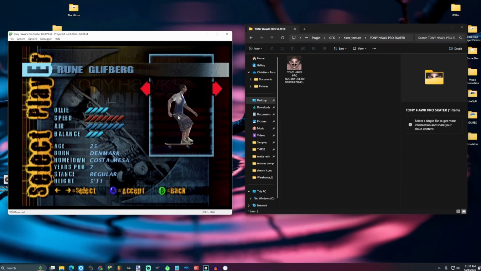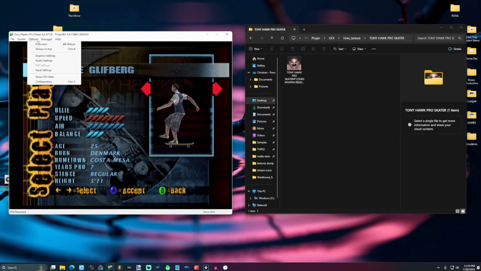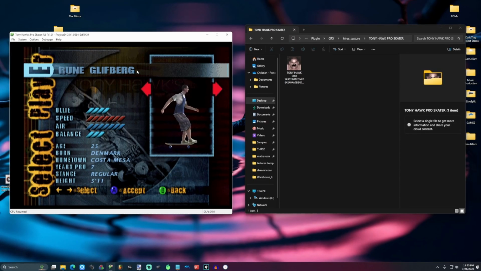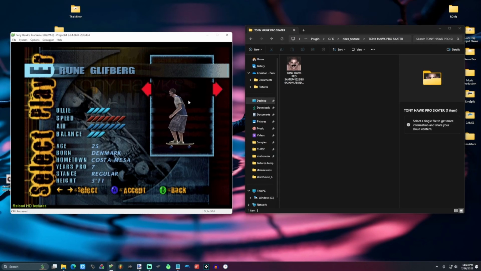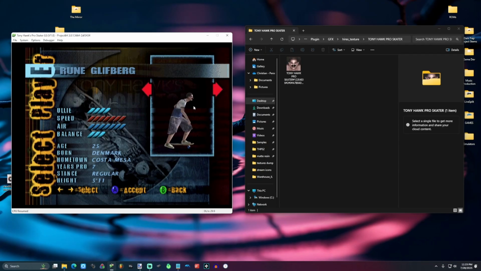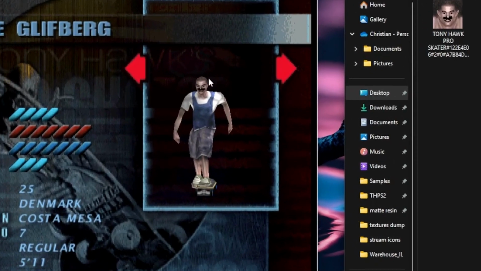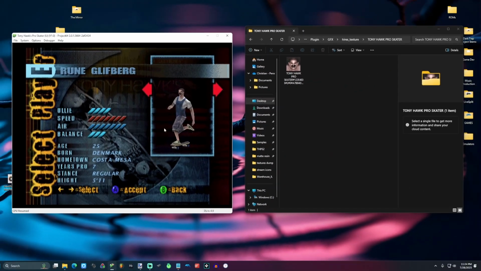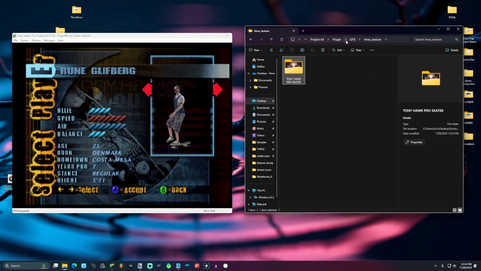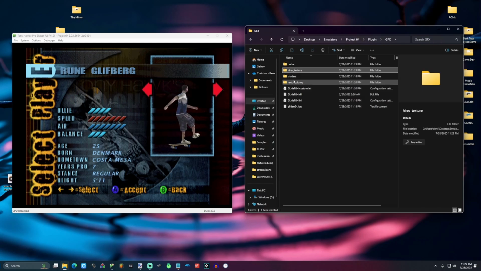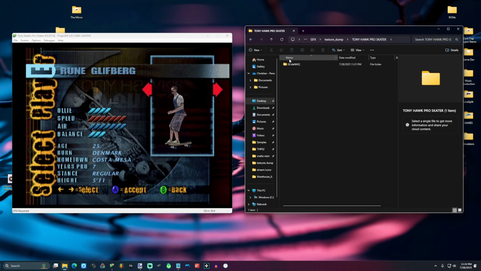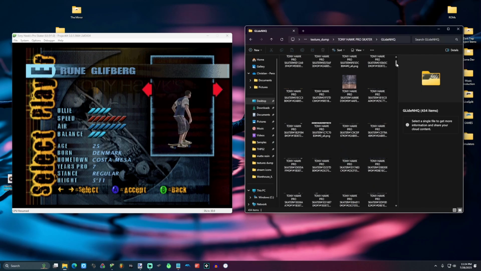So, unpausing that. Now, when you press the hotkey that you set for reloading textures, boom. Your boy Rune has got a mustache. And it really is that simple. You just go over to the texture dump folder. You look for a texture to edit.